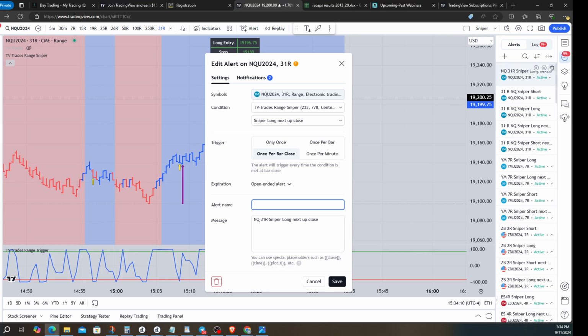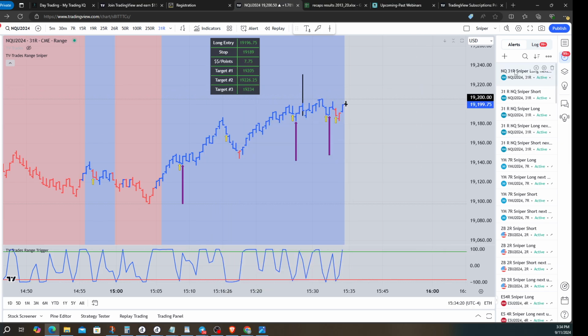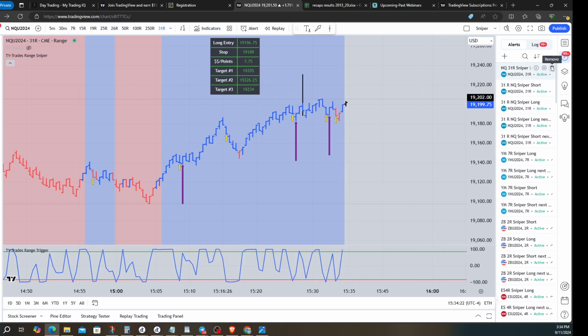It is nice to get an alert on my phone when I have a trade coming up, and it lets me know if I happen to be in my office or near my computer or something like that, and I'm actively trading, then I can take advantage of that. Alright, but that's how you set the alerts, and you can set it so that it has different sounds for you. Okay, so